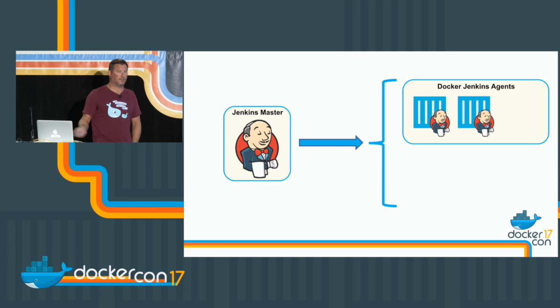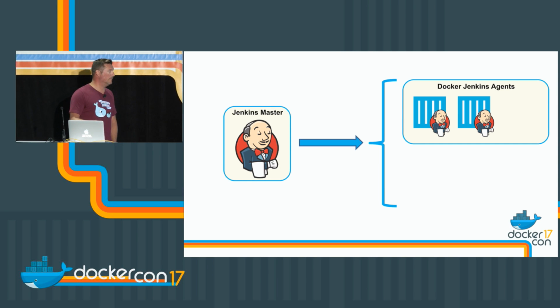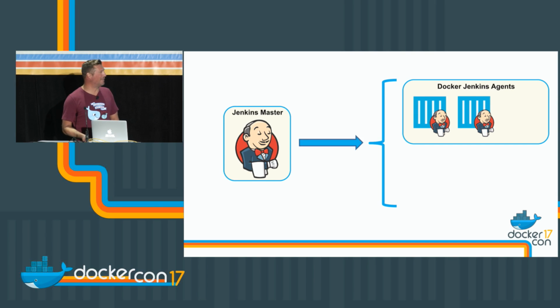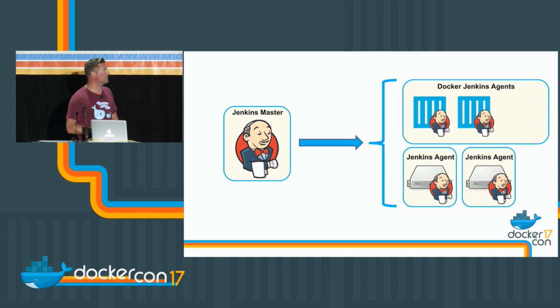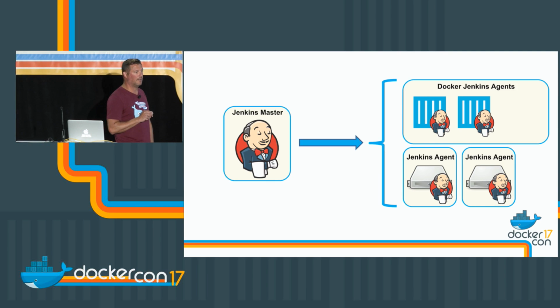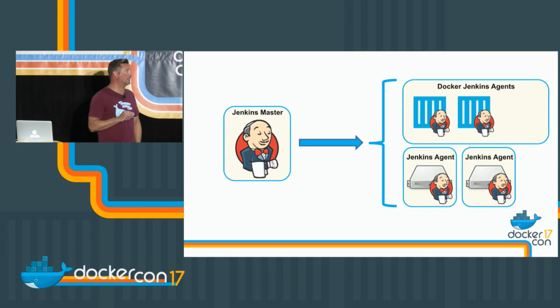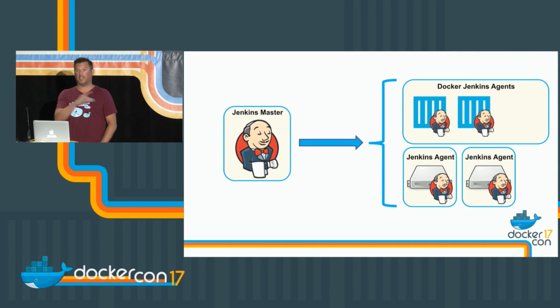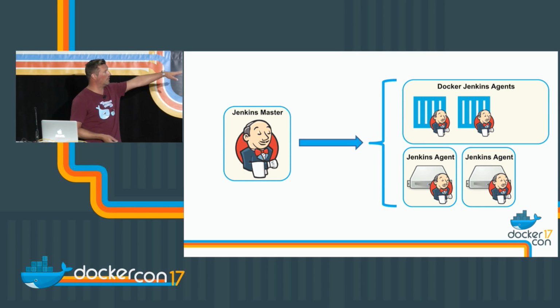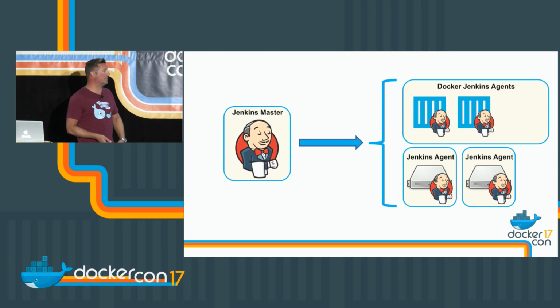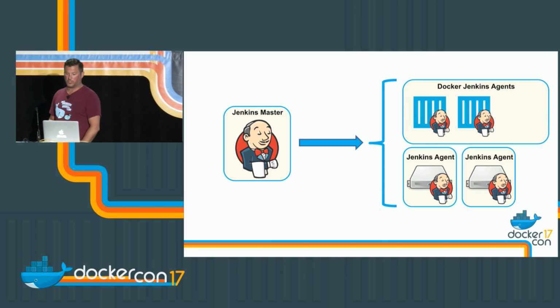Now, granted, you still have to have an underlying infrastructure. If you're going to run a number of containers, you need machines to run them on. But the beauty is, and the frictionless part, which helps bring container utilization into the enterprise, is you don't have to touch the other agents that are already there. So in the event that there are builds that aren't necessarily critical for the company and you want to start using a new technology to save some money or to be able to scale as you hire developers as the pace of development grows, or you want to provide environments for contractors to work in, they don't have to go on the agents that are statically provisioned. You can start to use another infrastructure.